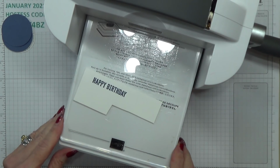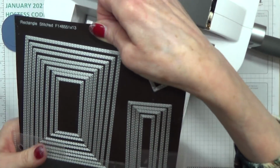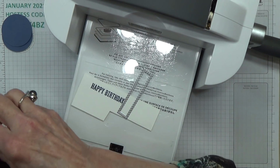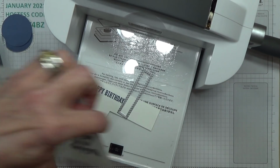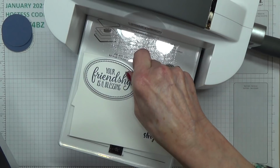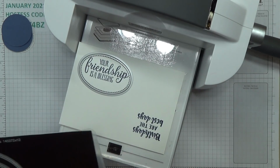Right, so this one I used... What did I do with my other dies? Oh, here we go. So the die sets I used for this. This one is the rectangle stitched, and I used number 1 of the slim dies. For the friendship, I used the stitched oval, number 3. So that's the second to largest one. And for birthdays are the best, I used the number 2 square,